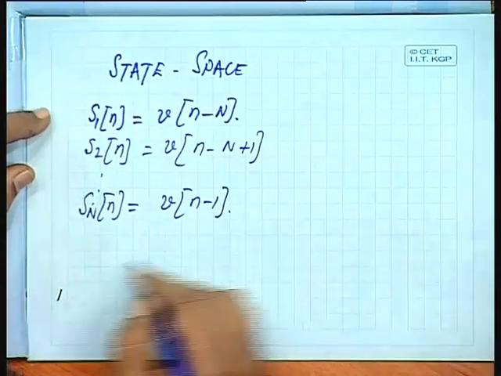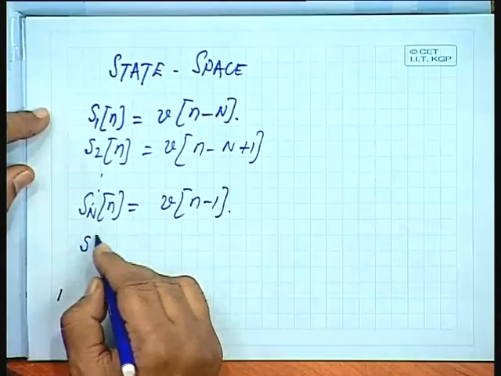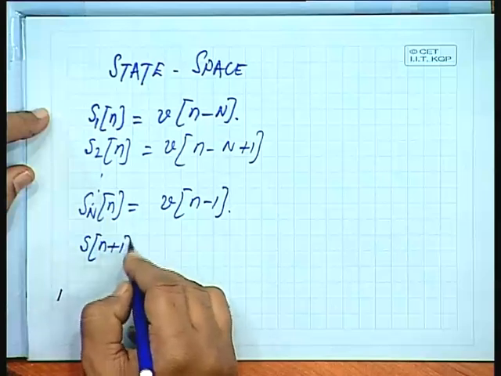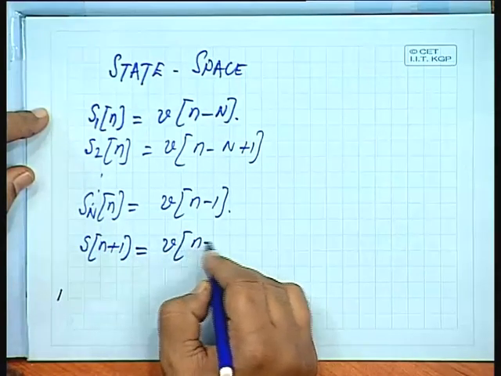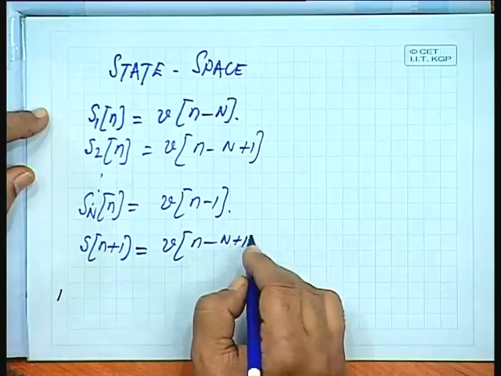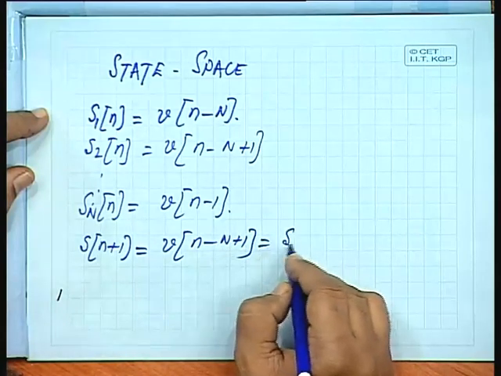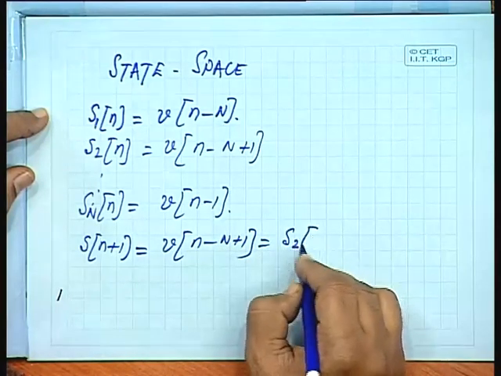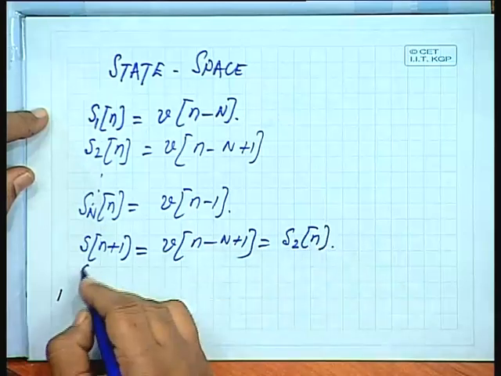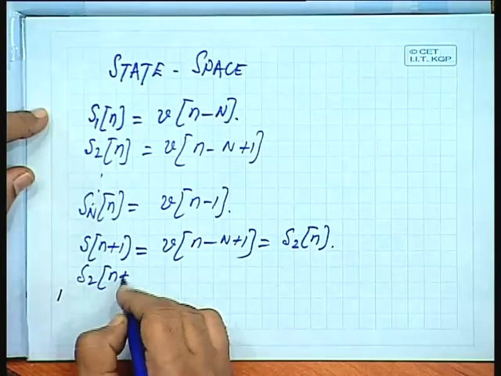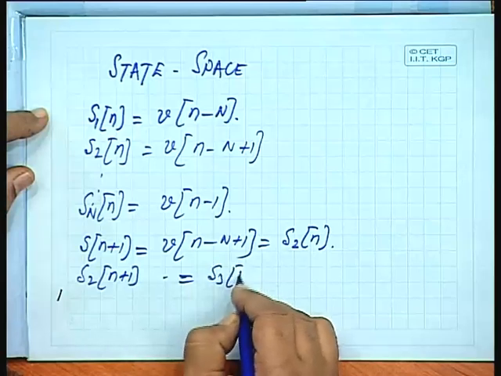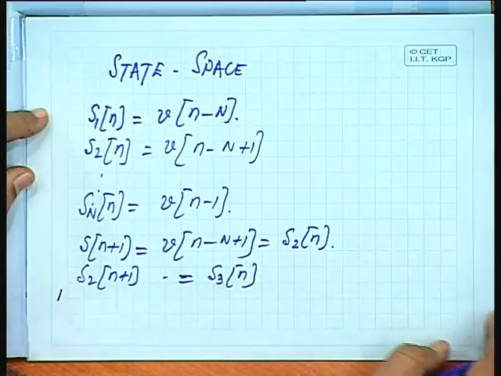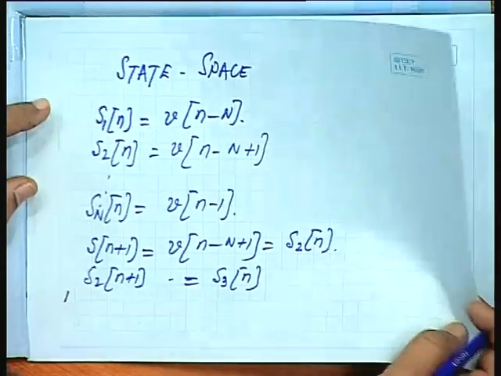Therefore, we can write S1 n plus 1 equal to Vn minus n plus 1, which is nothing but S2n. Similarly, S2 n plus 1 will be equal to S3n and so on. Only the last one,